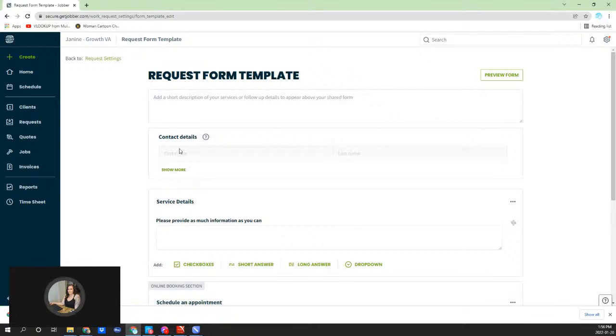So the first portion of the form gives you a space to add a short description of your services or follow-up details. I like to put in here, thanks for reaching out. Give us 24 hours to process your request. Just let people know that it isn't something that's going to be checked immediately, although I would recommend checking your requests every morning and just throughout the day and making sure that you're getting back to people as quickly as